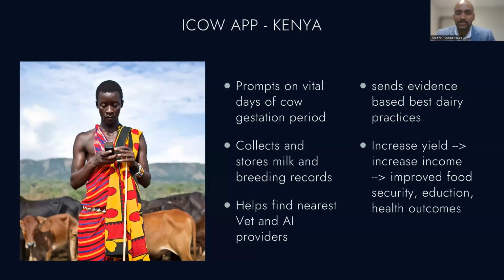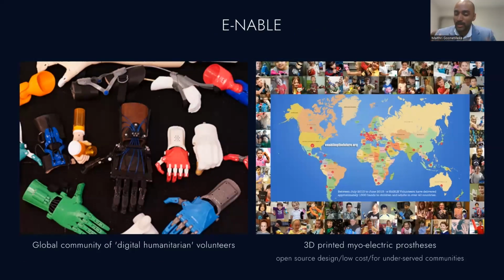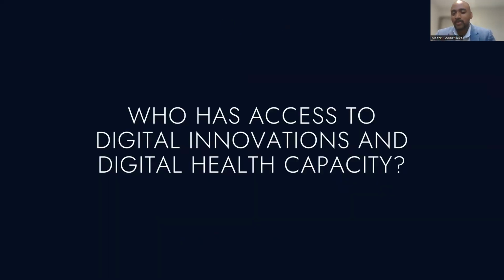If you go to the next slide, this is called eNable, which is a network of digital humanitarian volunteers around the world who are providing access to their 3D printers to print prosthetic limbs and other things for people in low-income countries. Just extraordinary. If you go to the next slide, and then I just wanted to finish with this, which is